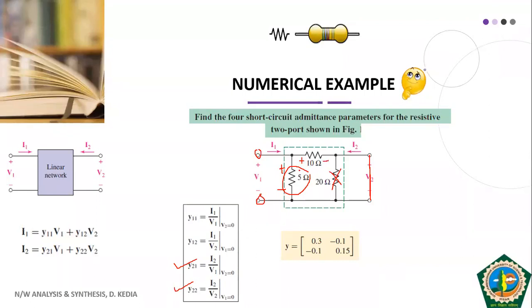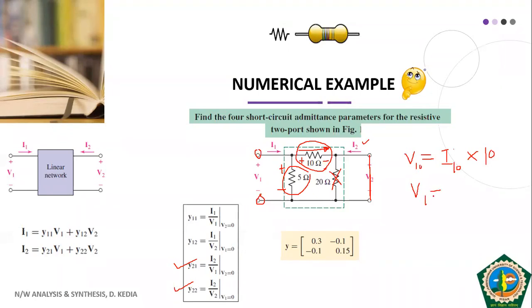So this same voltage V1 will appear across this 10 ohm. Now the direction of the current should be this one, from left to right, whereas the assumed direction is from right to left. So again minus will come into picture. If we write the voltage and current across this 10 ohm resistance, the voltage across 10 ohm resistance, say V10, is equal to the actual current in the left to right direction, let it be I10, into 10. V10 is equal to I10 into 10. Now what is V10? V10 is nothing but V1.